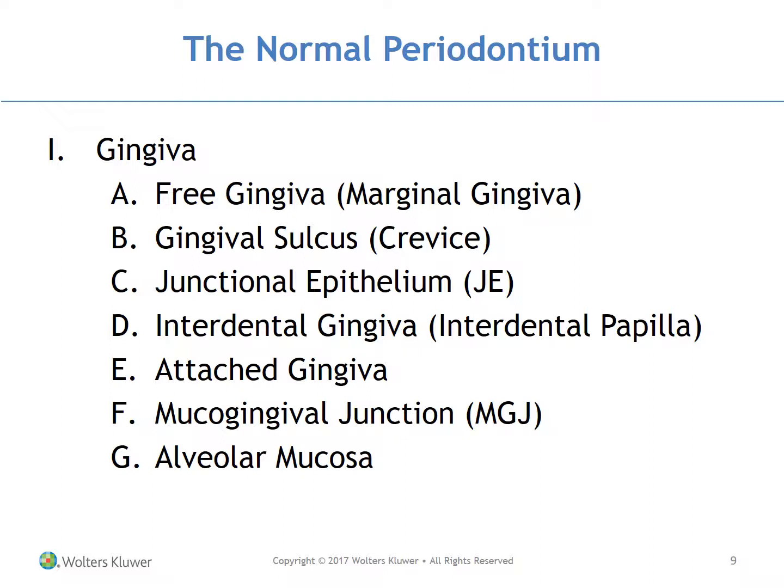It is stratified squamous non-keratinized epithelium made up of 2 strata, so 2 layers. One is adjacent to the connective tissue, and one is facing the tooth surface. The junctional epithelium is continuous with the sulcar epithelium and completely encircles the tooth to form a tight band or seal around the tooth. The junctional epithelium cells have wider fluid-filled intracellular space that contains polymorphonuclear leukocytes, or PMNs, and